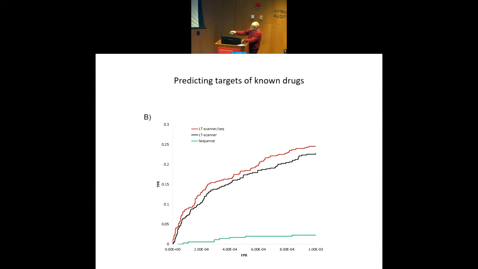want to make a point here. We think this is a good start, that you could do the same thing with sequence. You could take a protein with a known drug in a complex and ask what other proteins in the genome have a similar sequence to that protein, and say, are they possible targets for the same small molecule? And this is what